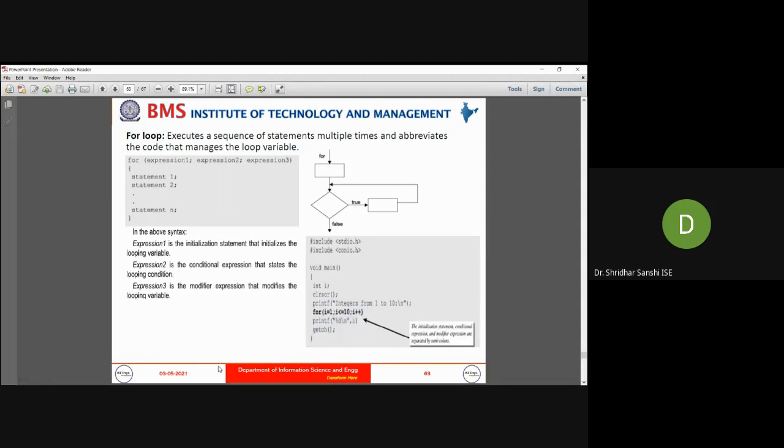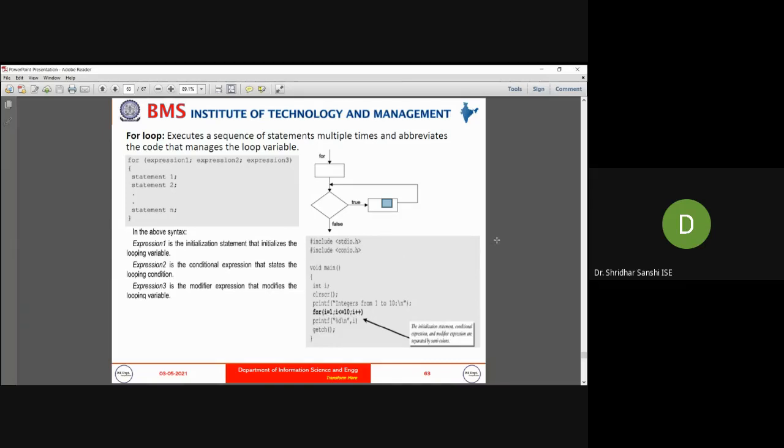So these are the 4 looping statements in C. You can see here the flow chart. First we do initialization, and next the condition. If the condition is true, I'm going to execute this set of instructions. If the condition is false, I'm going to exit from the loop.